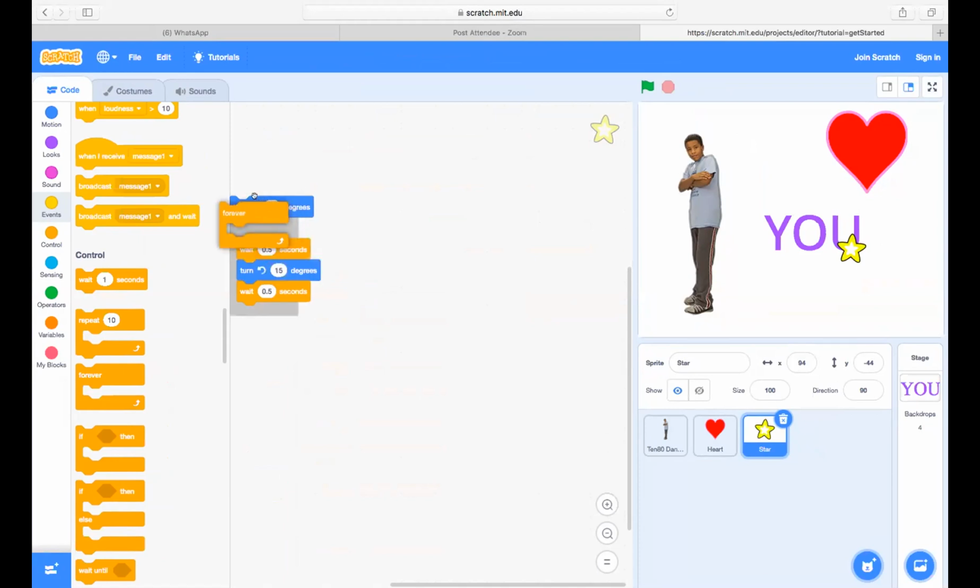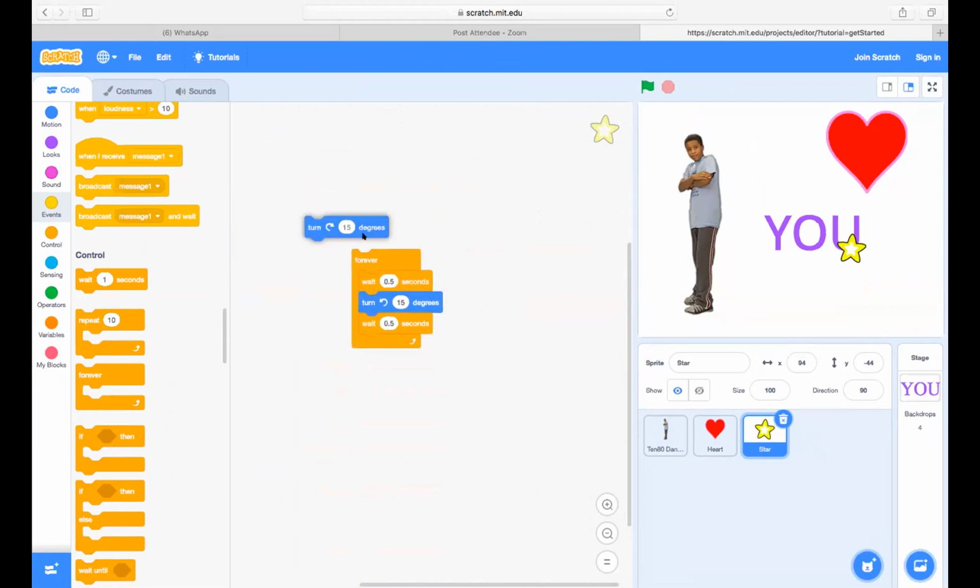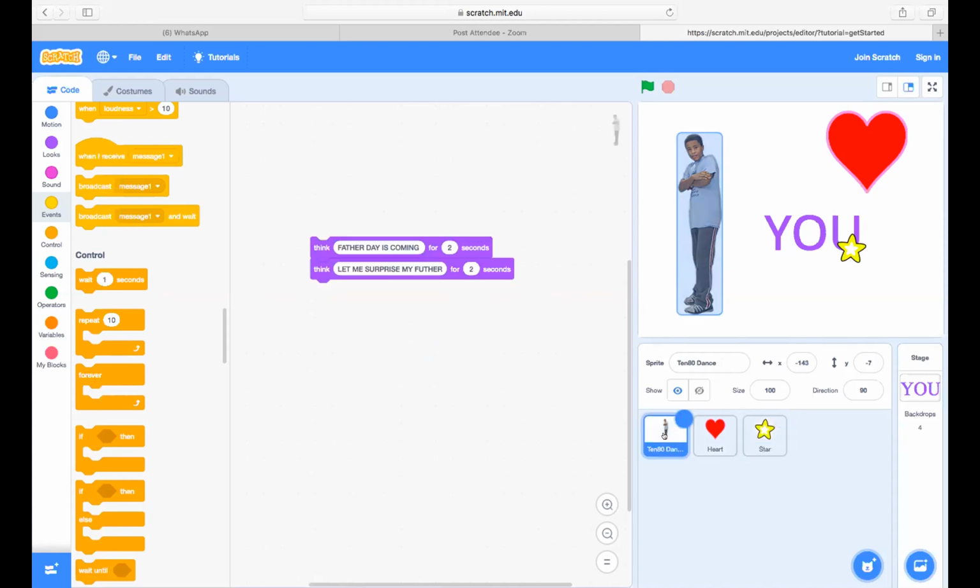Ian, just put this in forever. Very good. Now let's go back to the first sprite that we had. Very good. Now we have 3 sprites. We have got 3 backgrounds. Now we are going to start stitching our program together.